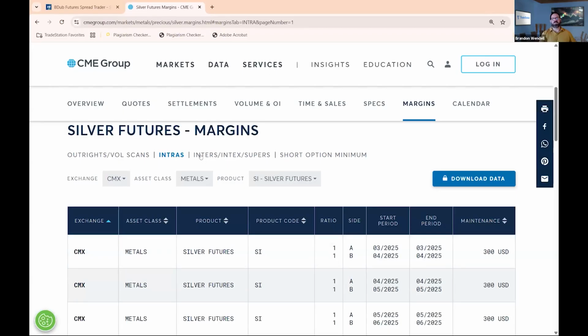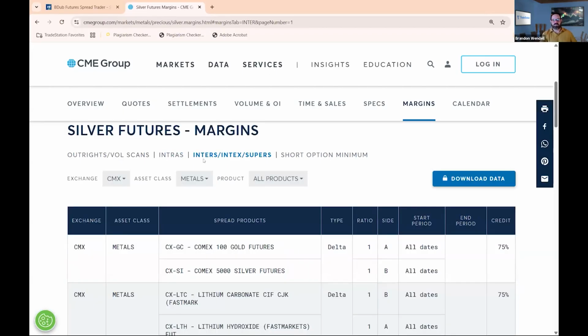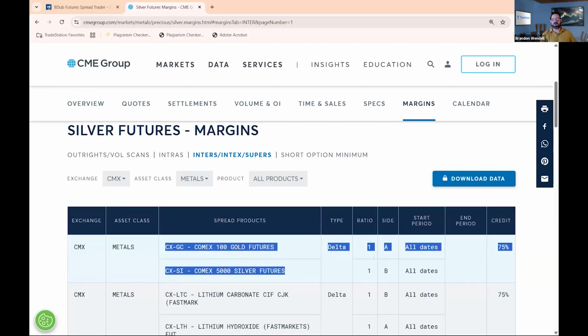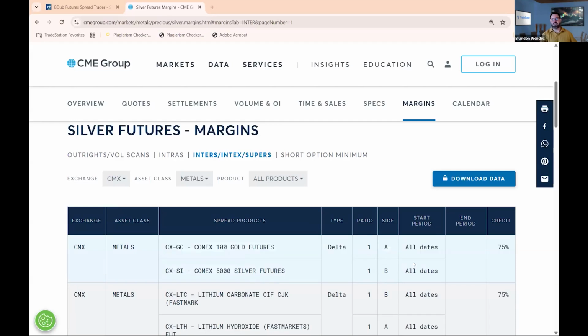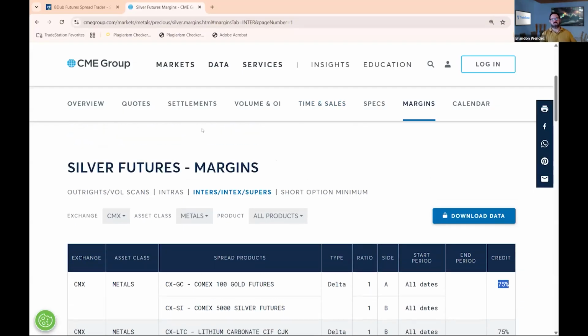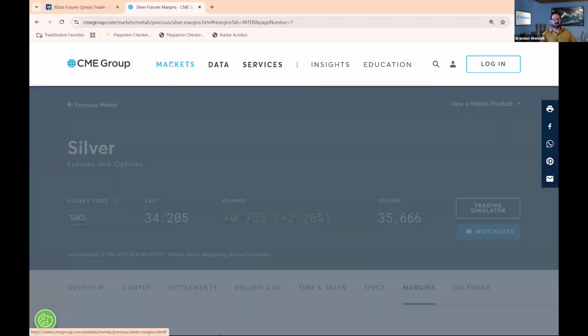Now, if we're doing intermarket, I go here to enter, and there's gold versus silver. And what do we have to do for our combo here? Notice delta, it's simply 1-to-1 ratio. And the margin is not being shown. What's being shown is a credit. Whatever the normal margin is, you get credit for 75% of that. But there's actually an easier way to find the margins. And we're going to cover margins in more detail in another video, so I'm not going to get into it right now. Okay. But what I do want to show you is what if we go to a different market,